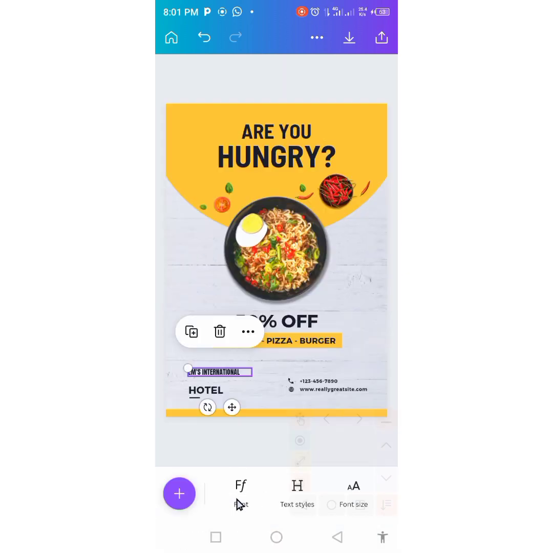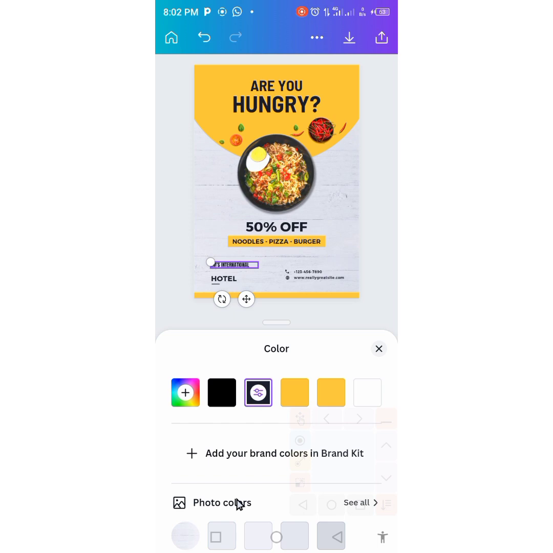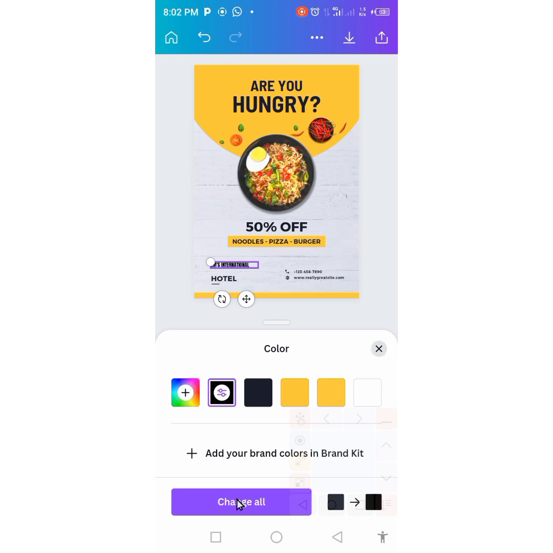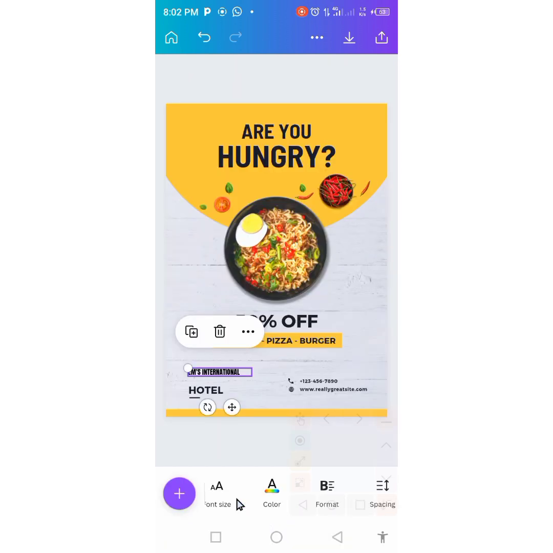We're done with the font already. So if you want to put a color, black is good. If you want to change color, tap, look at the color, it changes. It changes, right? So we'll still go back to our black because it's black that we want to use, which is best suited. So if you want the styles,